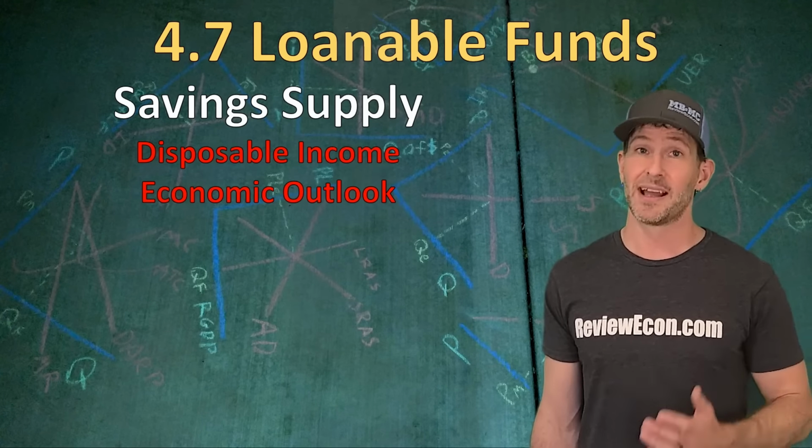If we put both of these curves on the same graph, we can find our equilibrium real interest rate and the equilibrium quantity of loanable funds. And if either of those curves shift, it will change the real interest rate and the equilibrium quantity. There is one more concept you need to know about when it comes to understanding the loanable funds market. You'll learn more about it in the next unit.